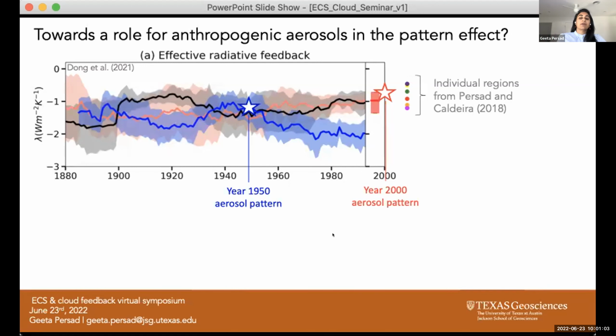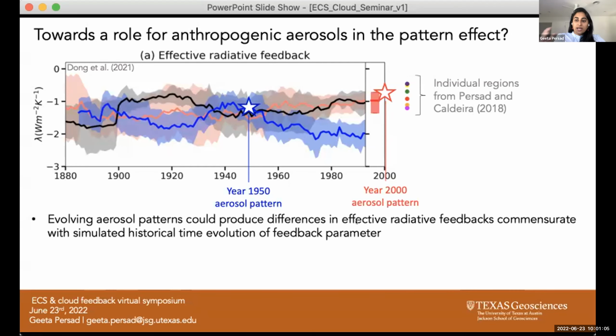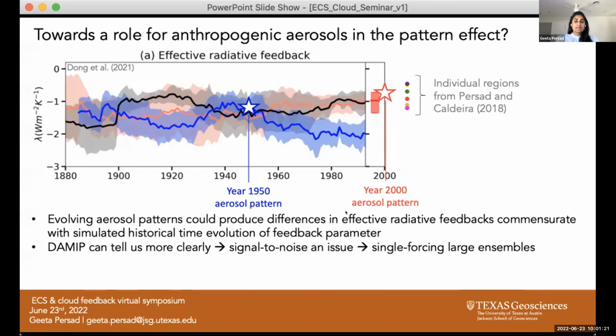And these are obviously very rough estimates, but they suggest that this evolving spatial pattern, realistic historical evolutions in the aerosol pattern, could produce differences in the feedback parameter that are similar in magnitude to the time variations that we see in these historical coupled simulations. We certainly need to do this continuously and account for model uncertainty, which we know is extremely high for aerosols. So the DAMIP runs can certainly help with that, but even with that, we have signal to noise issues